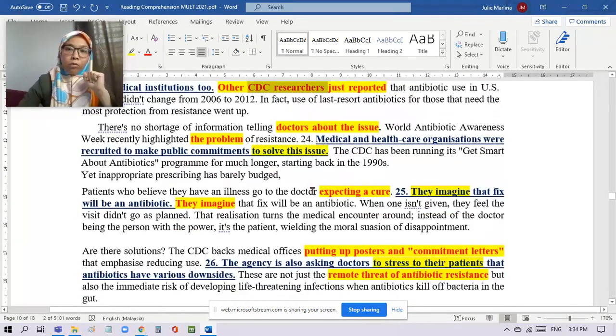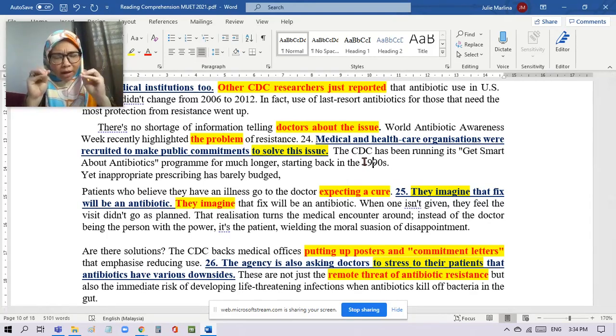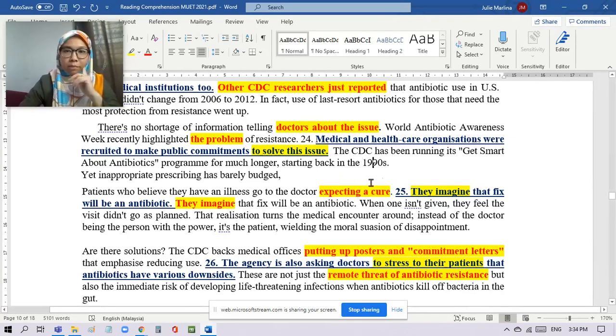Okay, that would be the trick or the tips when you are trying to find the answer for this part. Okay, maybe we can have another paragraph like this and then you can do it. So let's see whether you can find the answer or not. All right. Okay, number